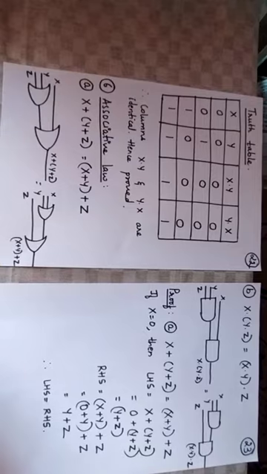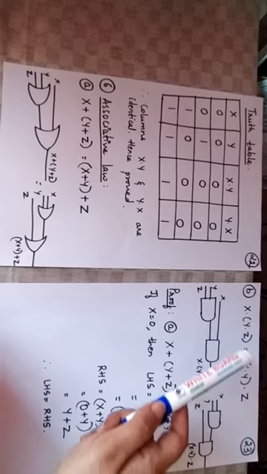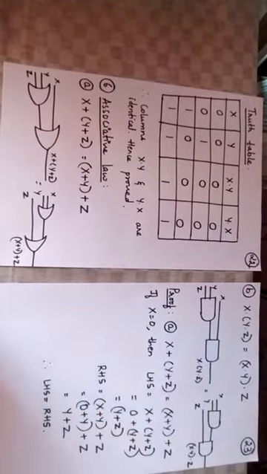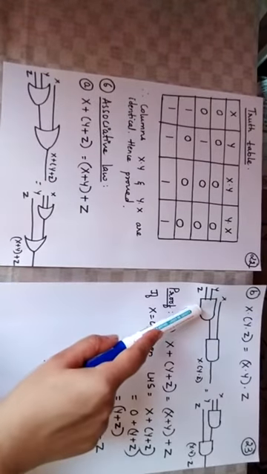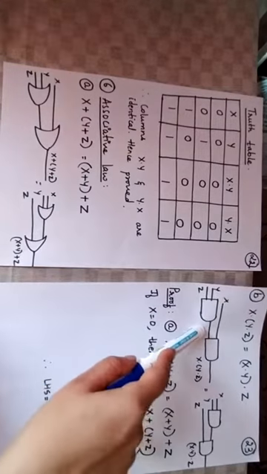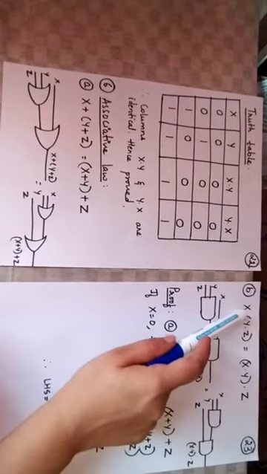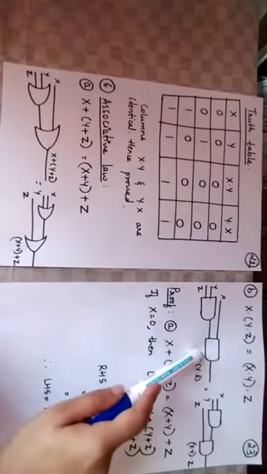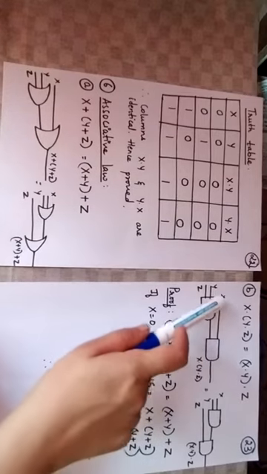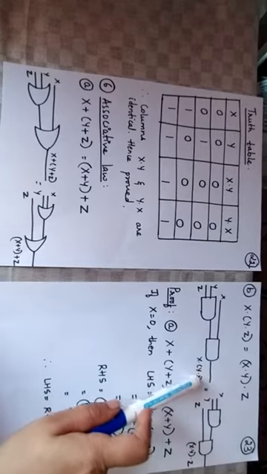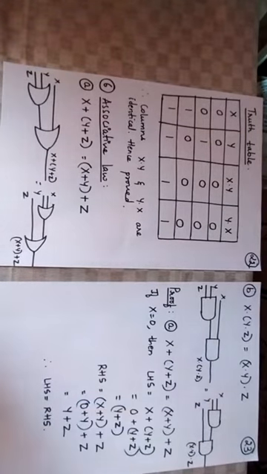Now we'll see how to draw the logic diagram for it. If you see here on the left hand side, we have y dot z. So we have to take a separate AND gate for this. So I am taking an AND gate over here, which takes the inputs y and z, which results in y dot z. Still there is one more AND operation here, which takes one input as x and another input as y dot z. So I take another AND gate here, which takes the input x and another input y dot z, which results in x dot (y dot z), where y dot z is taken under parentheses.